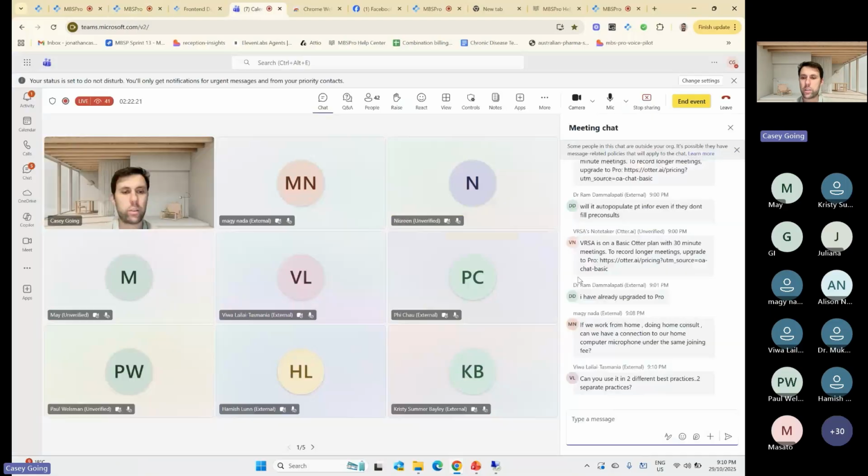It'll work, no worries. Can you use it in two different best practices? We get that question a lot. So you just need to connect it, disconnect it. It's not the smoothest workflow. I totally appreciate that. We're going to add in the ability to have two things connected and a quicker switch. Not there yet, unfortunately. So that's on the roadmap. Any other questions about all that?